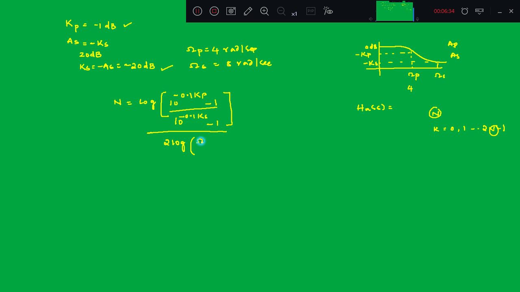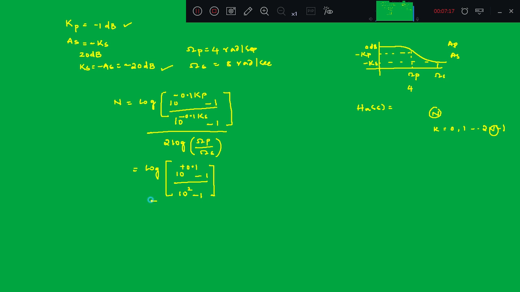What is that? Pass band frequency omega p divided by omega s. Is that clear? So now let us use all these specifications. So log 10 raised to minus 0.1 into kp, which is minus 1, so minus into minus is plus 1, so it is 10 raised to 0.1 minus 1 divided by 10 raised to 0.1 ks. Ks is also minus 20, so minus 20 into minus 0.1, you will get 2 here, minus 1 divided